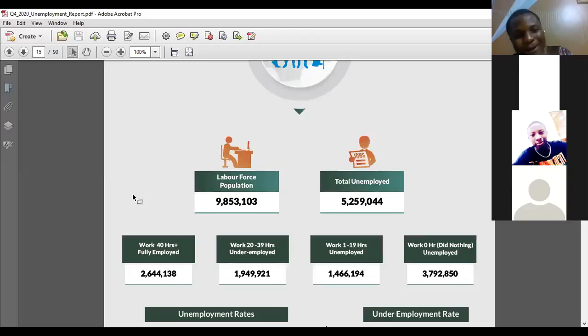Now, within unemployed, we have 2 groups. One, those that are working between 1 and 19 hours. Two, those that did not even work at all. So somebody working between 1 and 19 hours a week is still classified unemployed. Let's assume the highest is 19 hours. 19 divided by 5, if you approximate to 20 over 5, that's 4. That means 19 divided by 5 is below 4 hours. That means anybody that is doing 3 hours work a day is still unemployed. So even if you have a job, you go and do a delivery, just one job, 2 hours, 1 hour, you are classified as